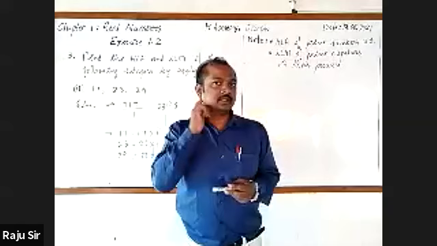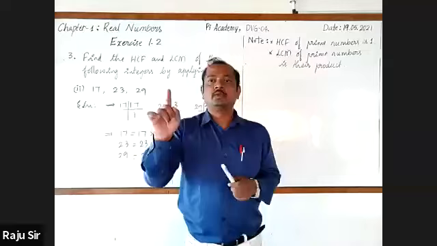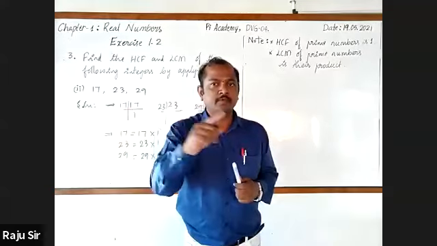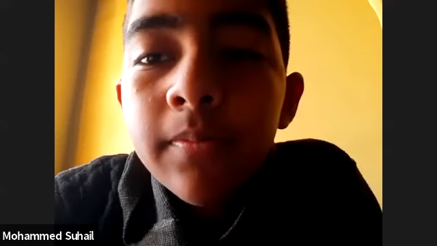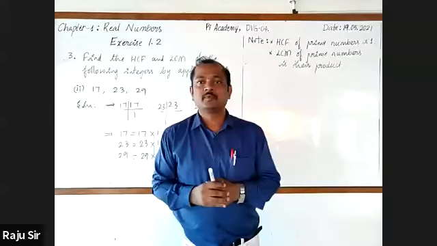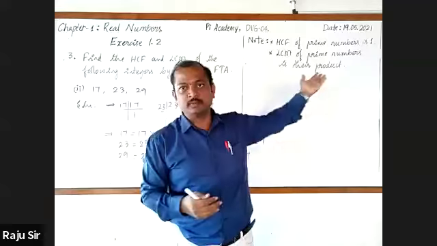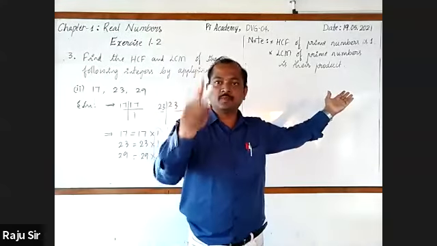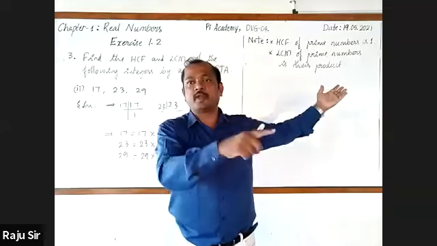We know that I take the prime number 2 and one more prime number 5. What is the HCF of 2 and 5? 1, sir. Very good. And what about the LCM? 10, sir. 10. Very good. We have come to know that the HCF of prime numbers is 1 and the LCM is their product. Clear? Yes, sir.